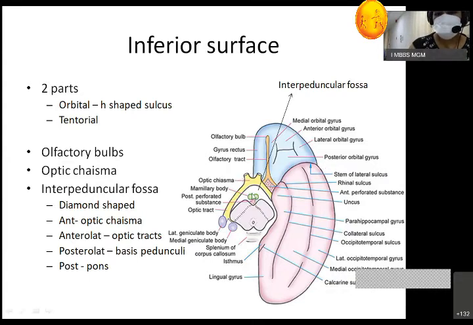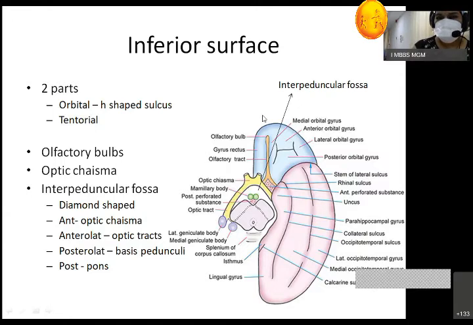Now from this optic chiasma, two tracts come out, and these are called the optic tracts. In the pons, we learned that there are two geniculate bodies, lateral and medial. So the medial geniculate body is related to hearing, while the lateral geniculate body is related to vision. So the optic chiasma is divided into two tracts. The optic chiasma is very important for you. You have to identify it in the base of the brain, and the optic nerve is one of the very important questions both in physiology as well as anatomy.